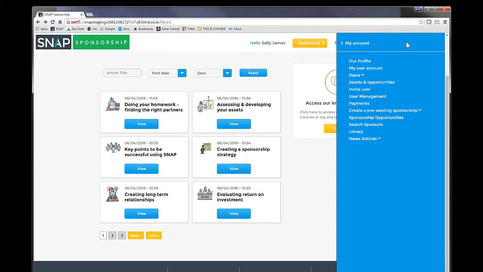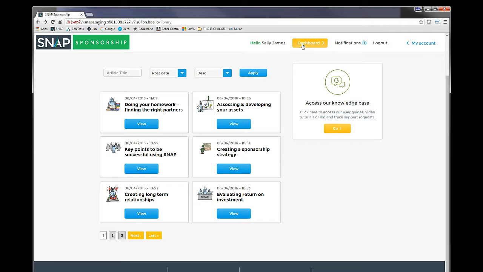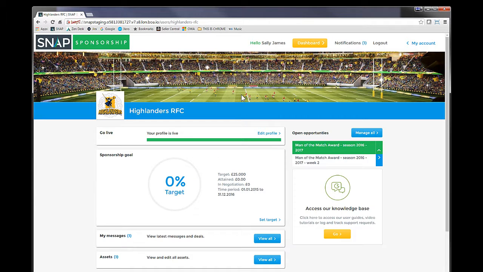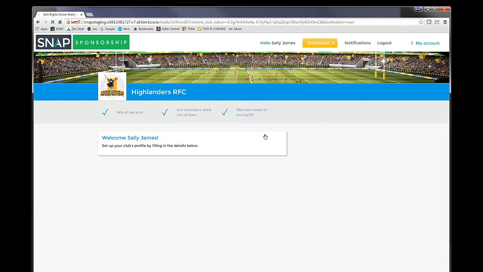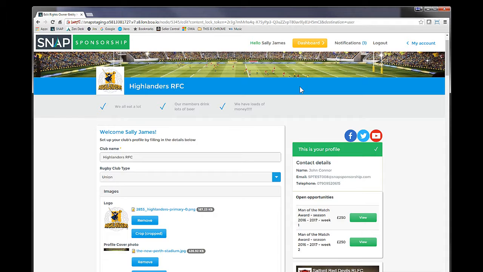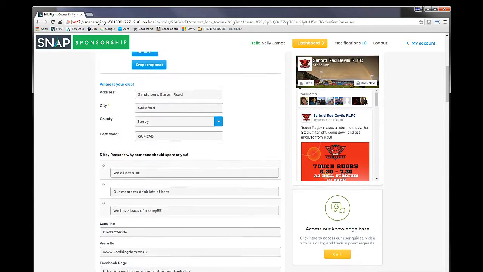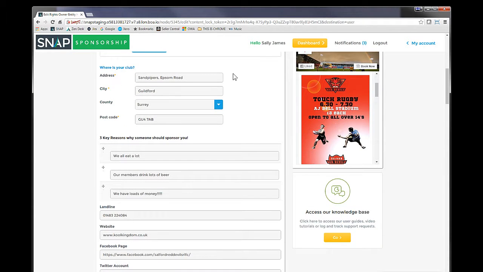So let's go back to here and see anything else that I'm going to cover at this moment. Don't think so. So back to the dashboard. Now, the first thing that you need to do when you start using Snap is build your profile, and you can do that from the Edit Profile button, and there is quite a lot of data that you can put in. If you need to know what is the minimum you can put in before your profile can be published, and published means being visible to the outside world, if you click this button, and anywhere where you see that